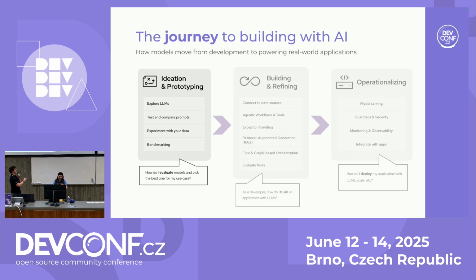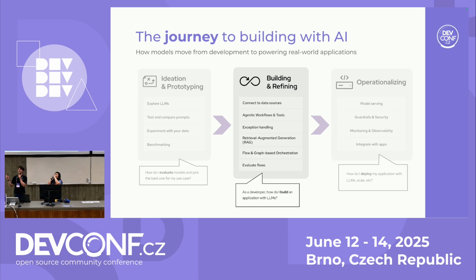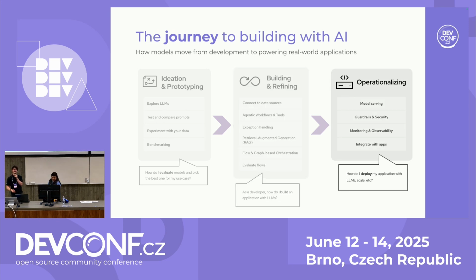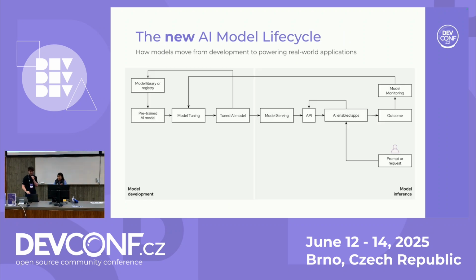So we'll start off with ideation and prototyping. Hey, where do I get started? What do I begin with? How do I benchmark? How do I connect to my data? How do I build agentic applications with maybe tool calling, for example? And how do I evaluate this? Then operationalizing. How do I actually put this into production? I need the authentication, and I need monitoring. I need all of these tools that maybe Kubernetes provides with Prometheus, Grafana, and Jaeger, and much more. So let's hop in.